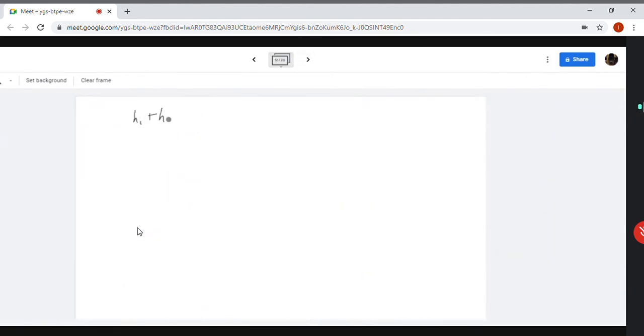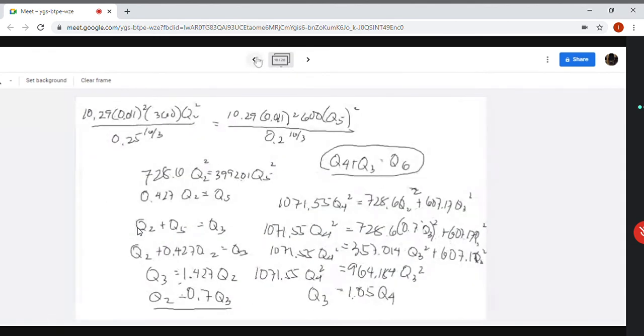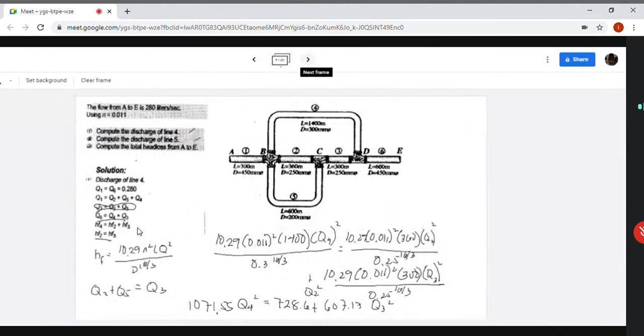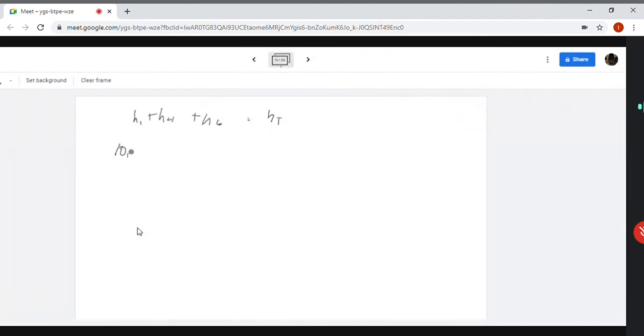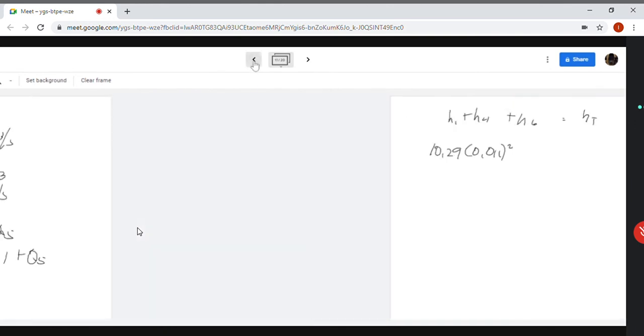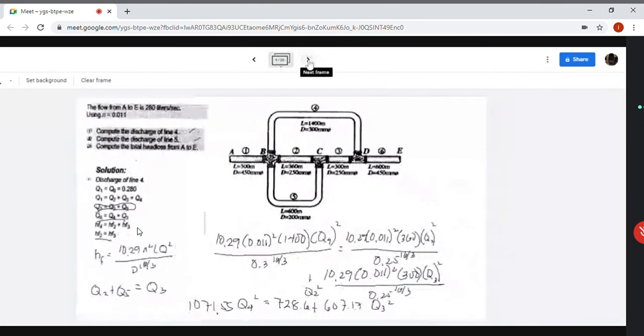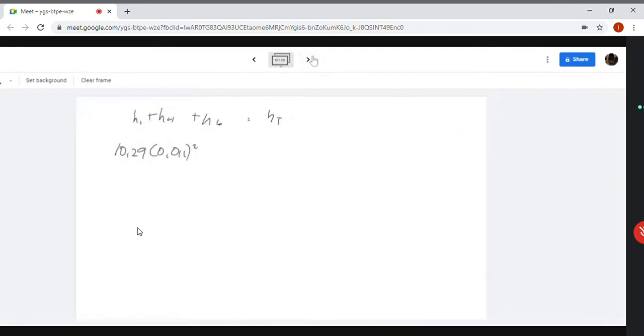Head loss 1 is 10.29 times 0.011 squared times L, which is 300 with a diameter of 450, times 0.28